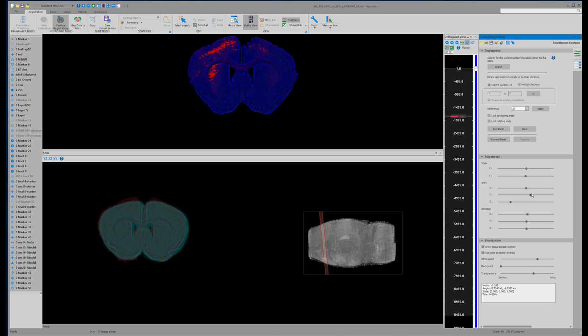I'm doing it here manually, but when we go through it, the program does that. So once we've established this section 57, which was the section that we were at before,